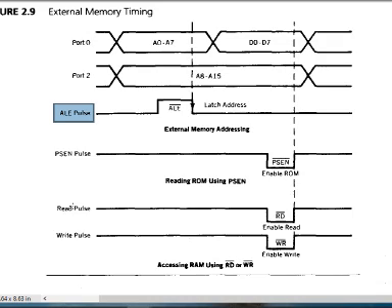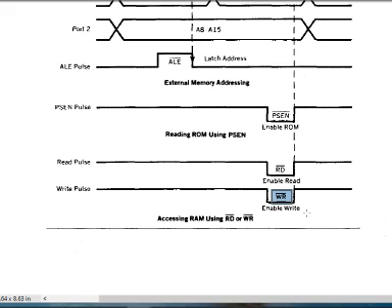Then whether you are going to read or write the external memory, accordingly the read signal or write signal will be set or reset. These two pins are active low, so whatever operation you want to do, accordingly these bits will be set low or high.